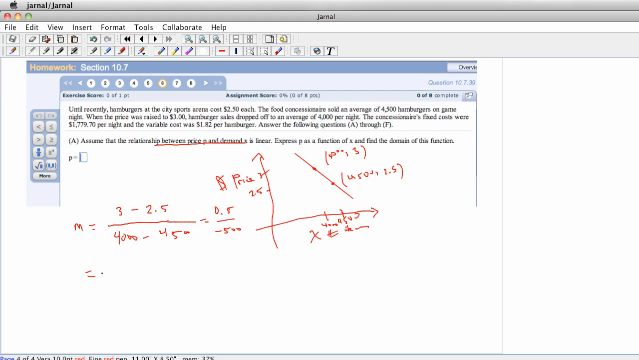So the slope here, if I actually wrote that as a fraction, would be negative 1 over 1,000, which is negative 0.001 if you want to write it in a decimal. So you can write it either way. But that's our slope. And so the point slope form of the line that we talked about in the line